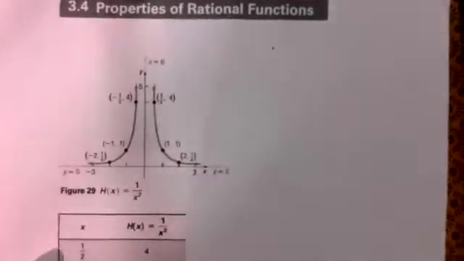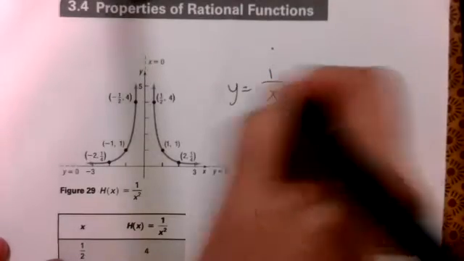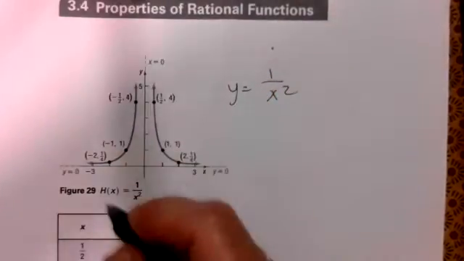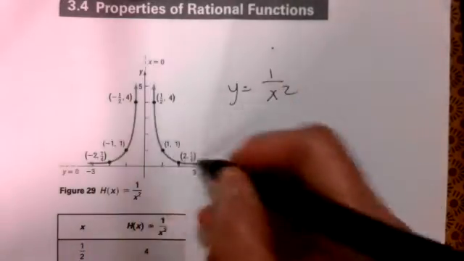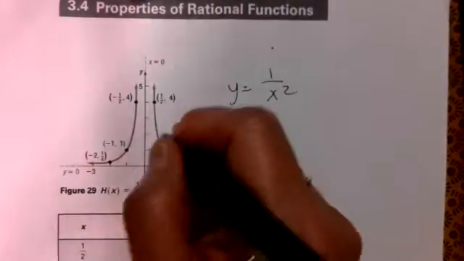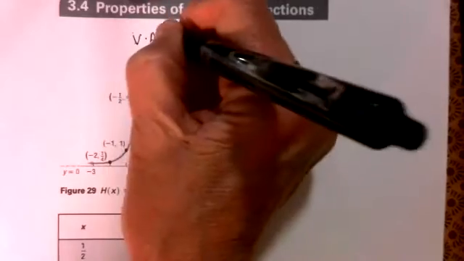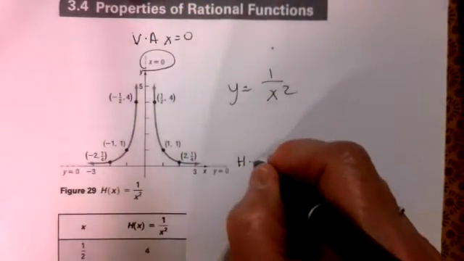One way it looks different is that instead of having one piece in the first quadrant and another piece down in the third quadrant, both pieces are above the x-axis, one in this quadrant and one in this quadrant. Now it has a vertical asymptote at x equals 0. So the vertical asymptote, x equals 0. It has a horizontal asymptote,